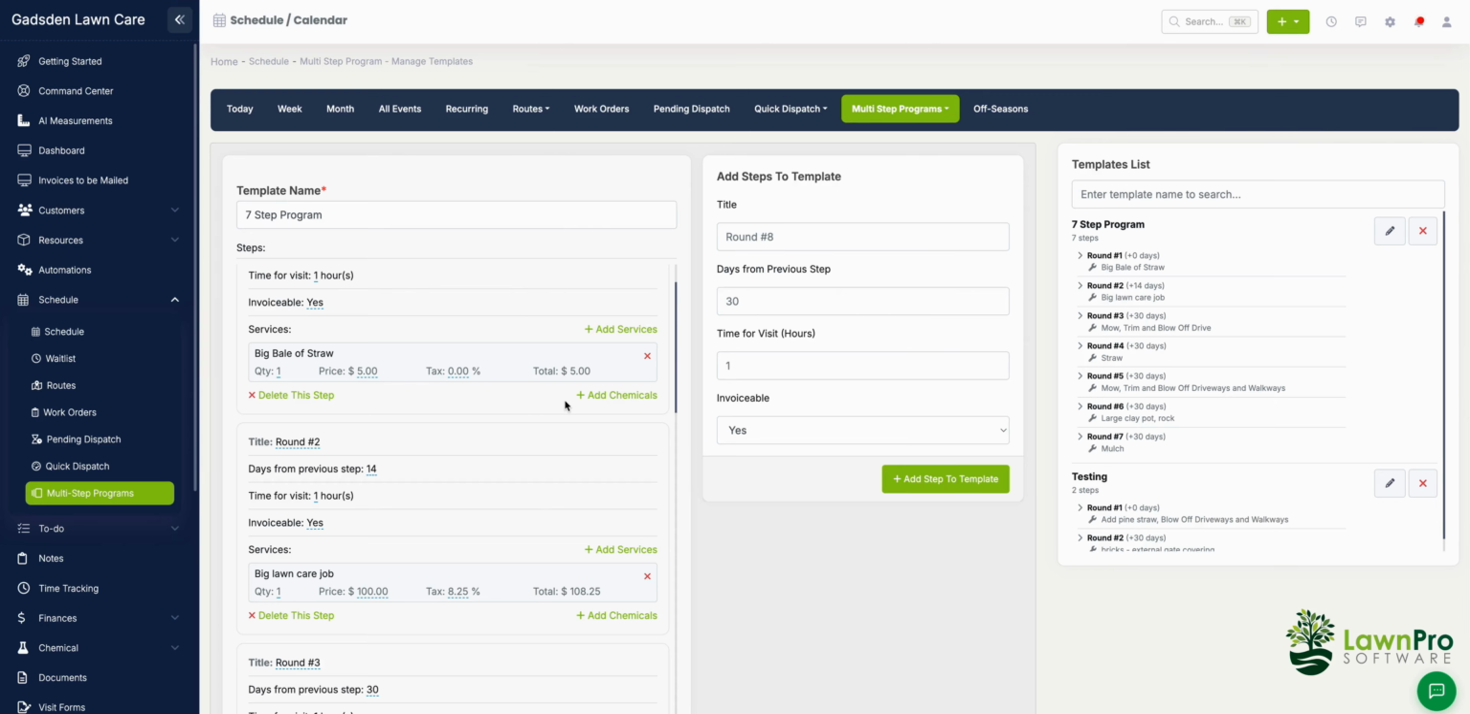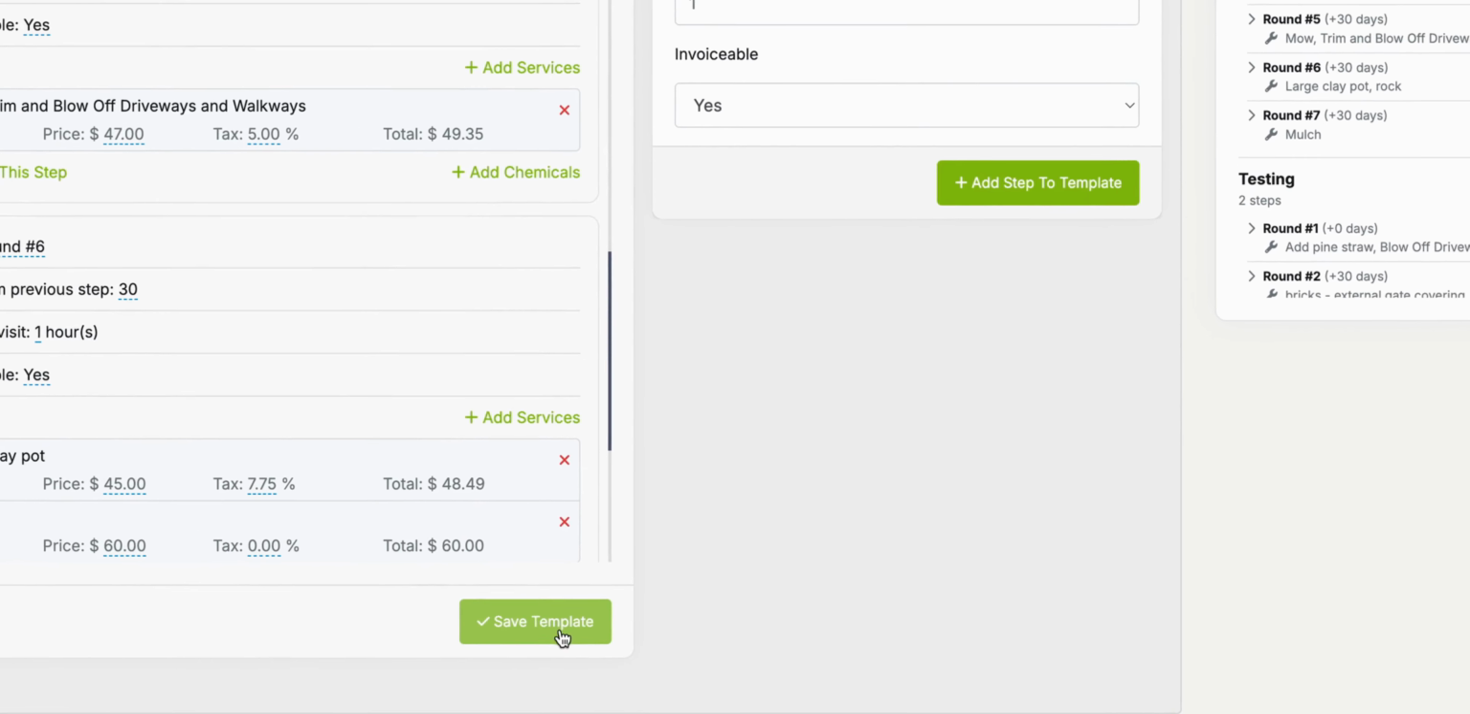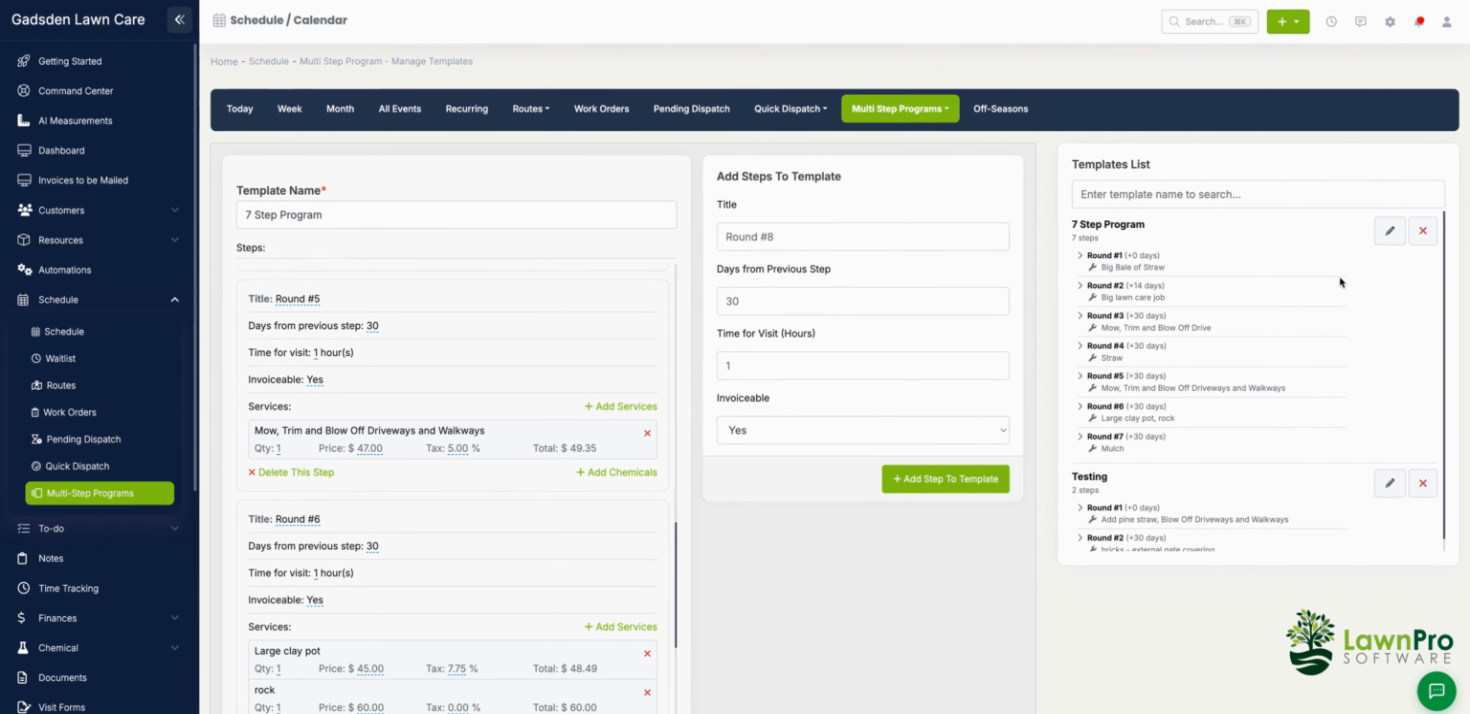By default, the chemical fields are hidden to keep the template clean. Only turn these on for the steps that need them. For example, a mixed program like Spring Cleanup plus Fertilization Round 1 works naturally without cluttering the interface for non-spray steps. Once all steps have been added to the template, click the Save Template button. The template will then appear here on the template list. In the next video, we will show how to set up and assign a program to your